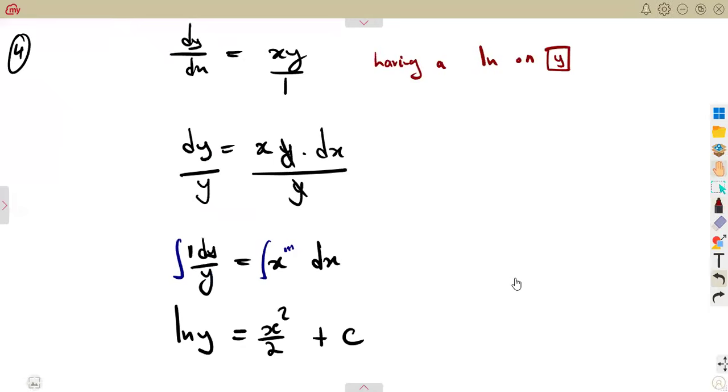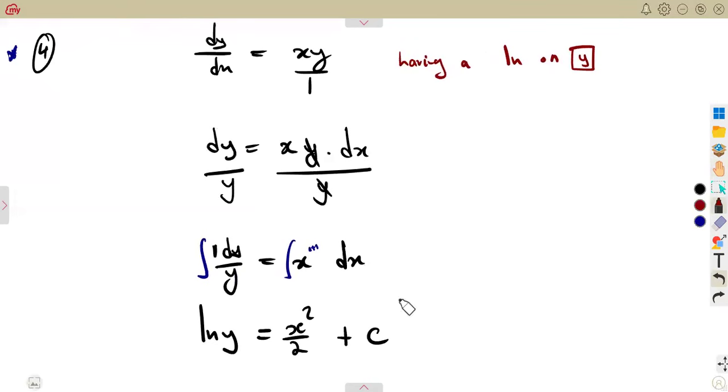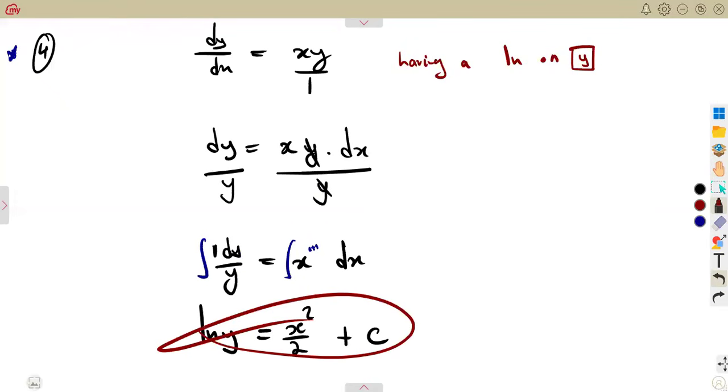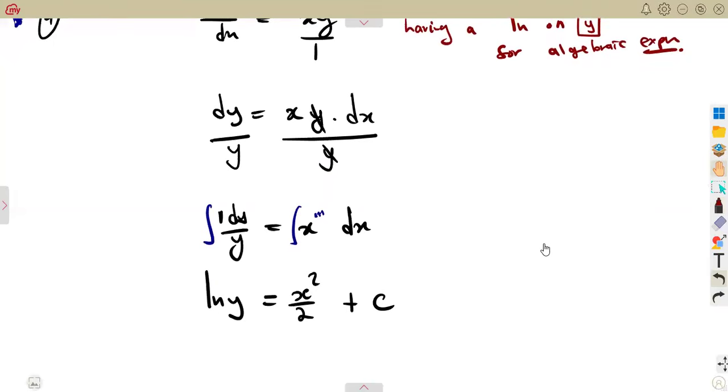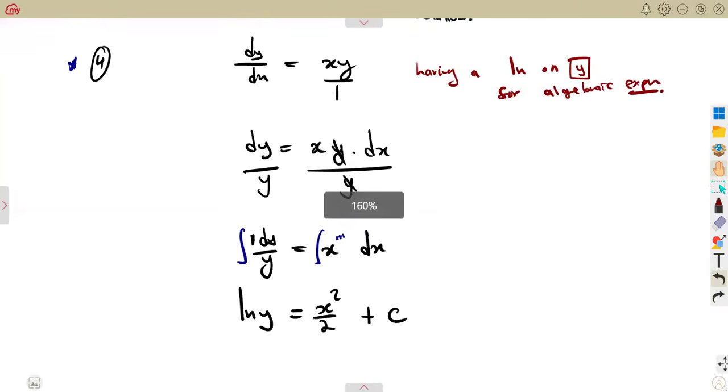Whenever you are working with these algebraic expressions, not trig, just algebraic terms or expressions, we do not have any trigonometric terms like ln, cos. So what you're going to do with the constant, as we introduced before,